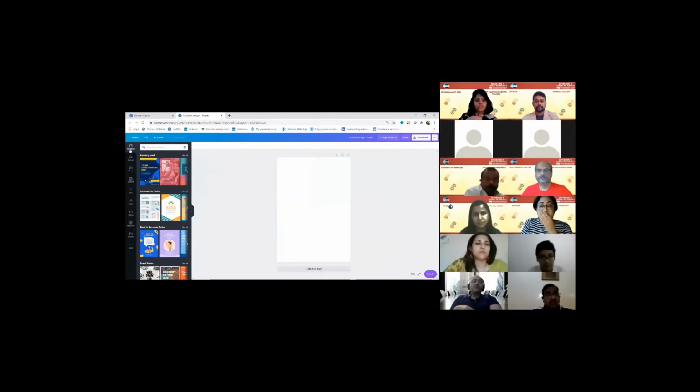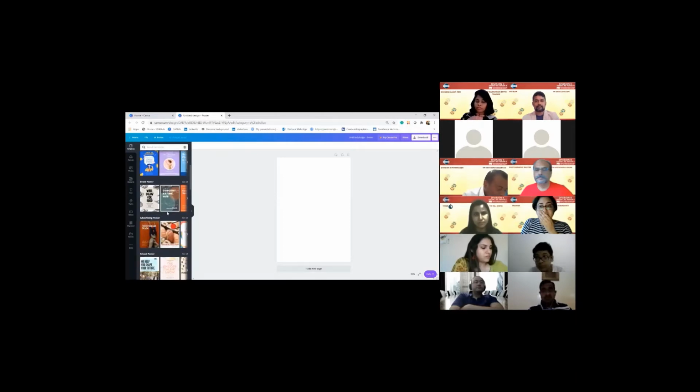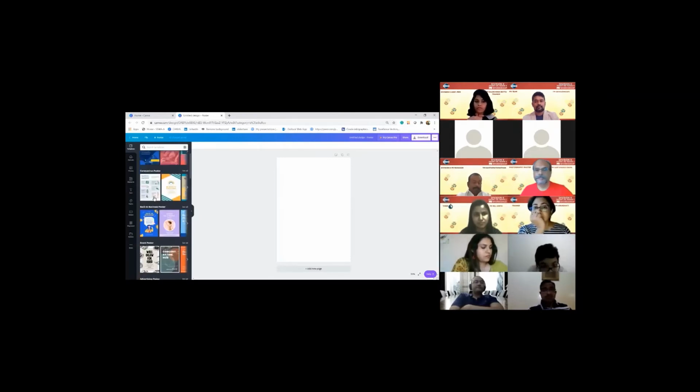Okay, so I will talk about the features on this page. If you see on the left-hand side, you see templates. These are the inbuilt templates. So you have a lot of templates which are already provided by Canva. You can actually pick up these and change as per TMI brand lines or colors. But today we'll be doing a poster from scratch.